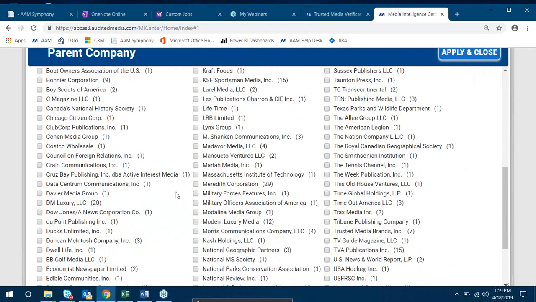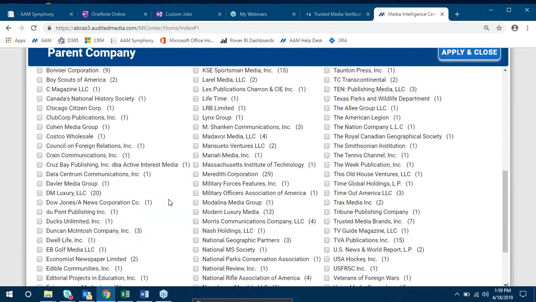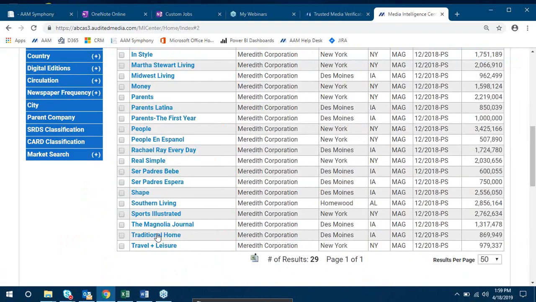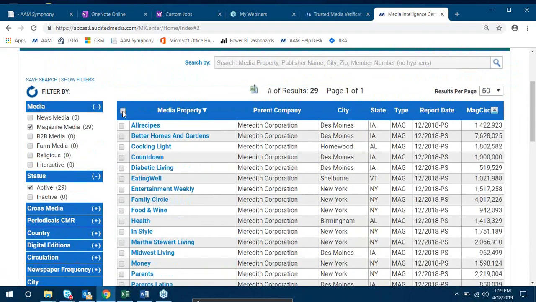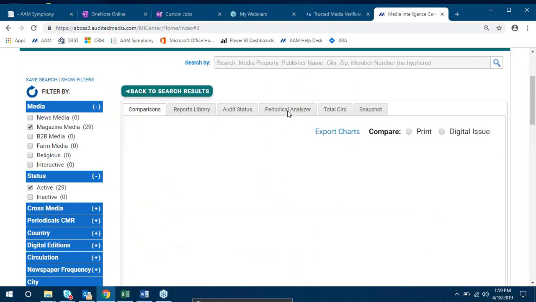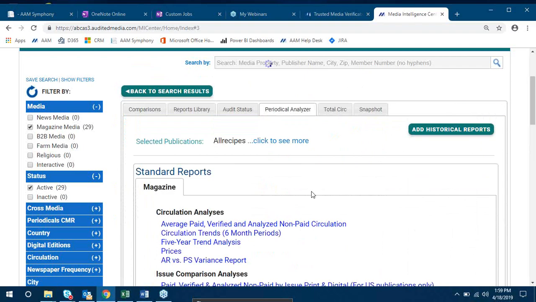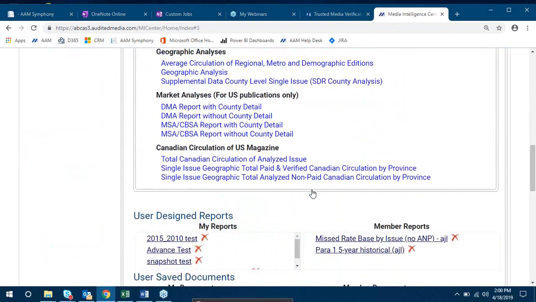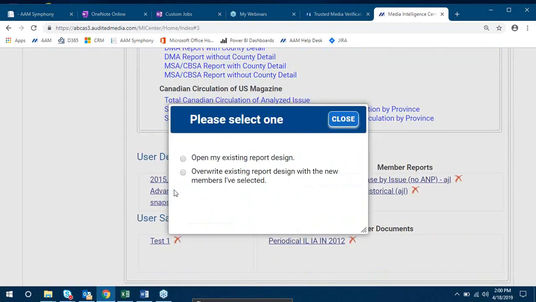Let's say I want to pull in Meredith. Choose that, click Apply and Close. Now I'm going to select all of those titles, click Analyze Data, and I'm going to go into the Periodical Analyzer. Now I can just go down and click on my report,